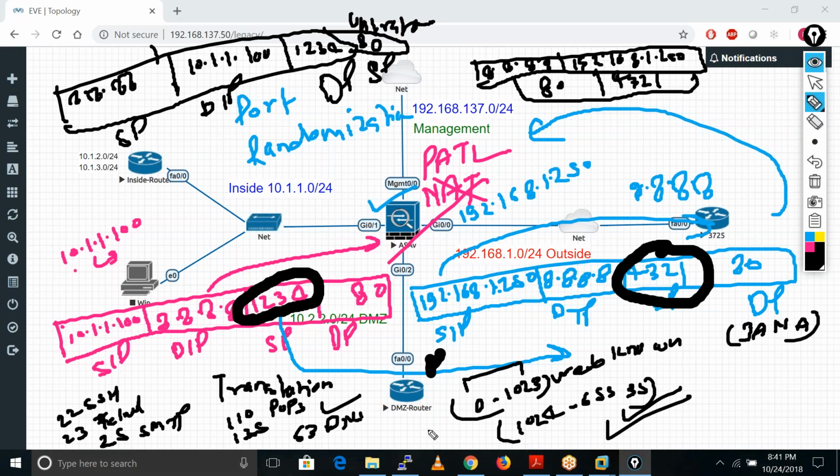So you can also give this reason, hijacking of that connection. Every firewall does this, but lots of people do not tell it. If they have the same source port here, they can also show you the same source port in a translation, but there is a randomization that happens. So just remember, there is port randomization in the ASA firewall.